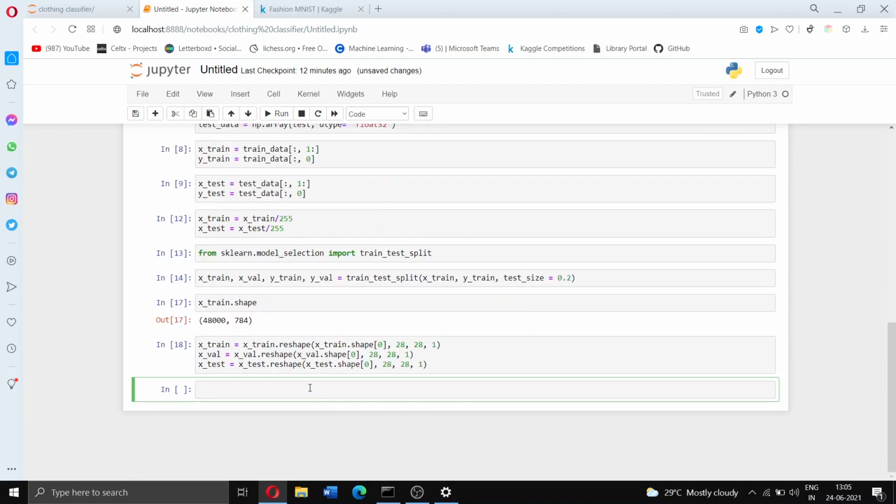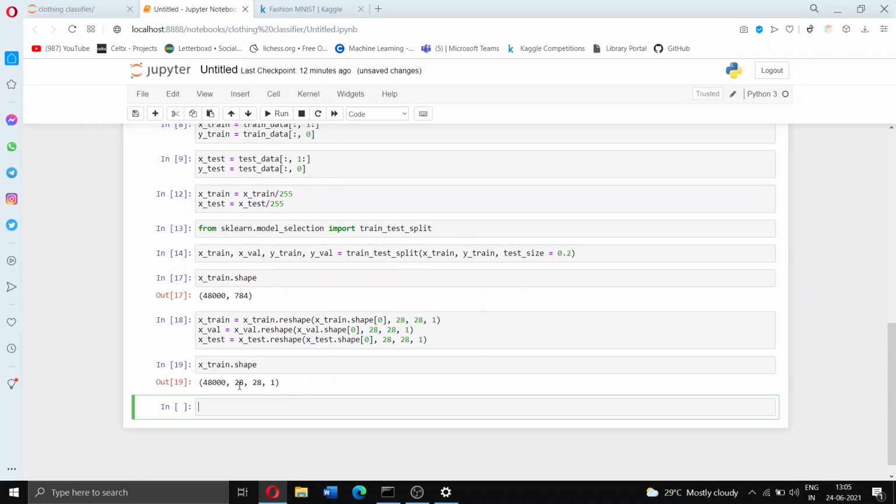Hopefully that works. Now let's try running x_train.shape. This is exactly how we want it. These are the number of examples, the height of the picture, the width of the picture, and the number of color channels in the picture. So that's perfect. Now all we need to do is put this into a neural network.